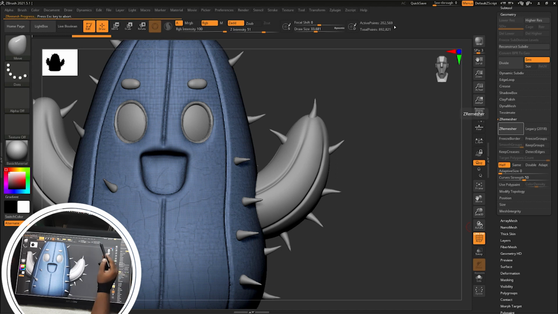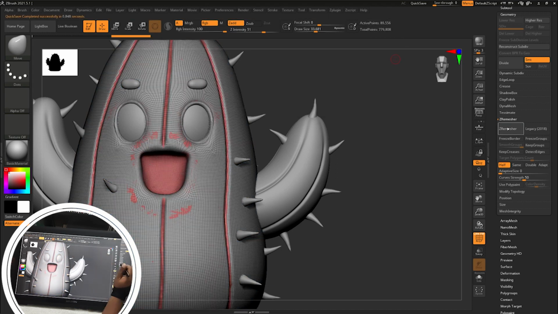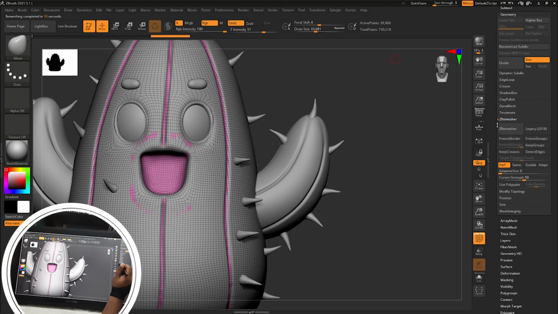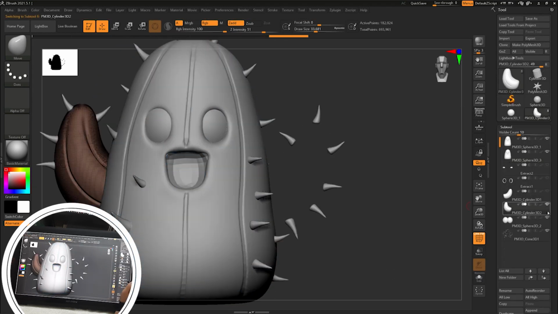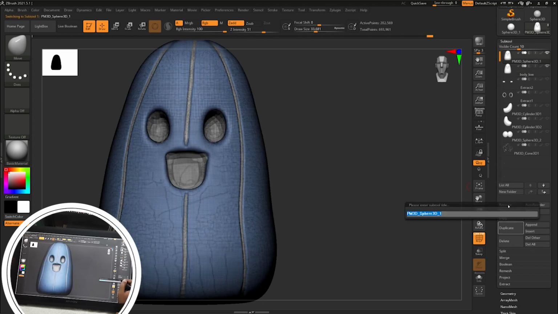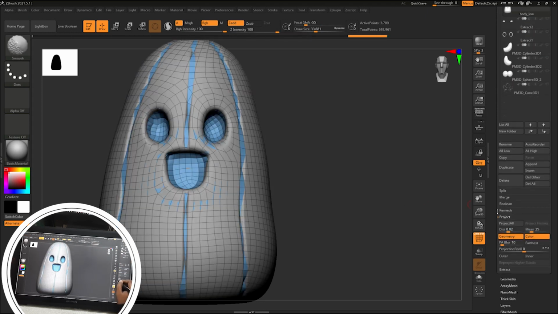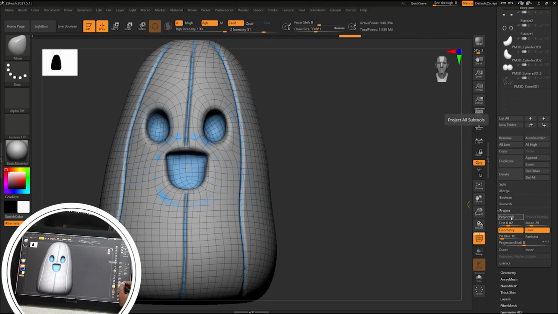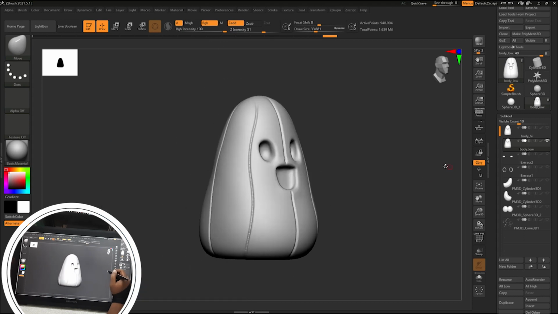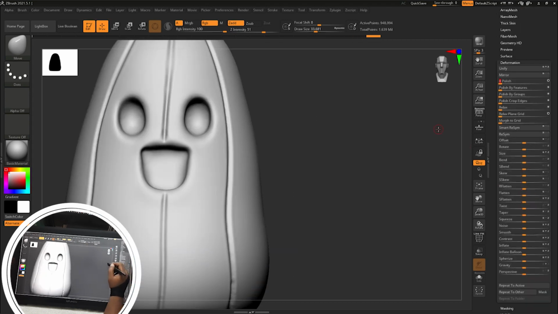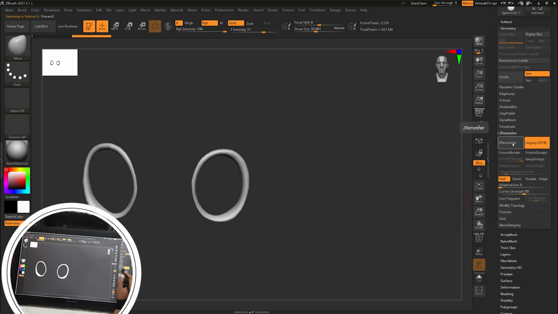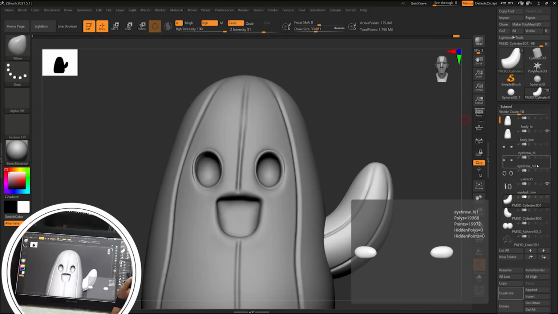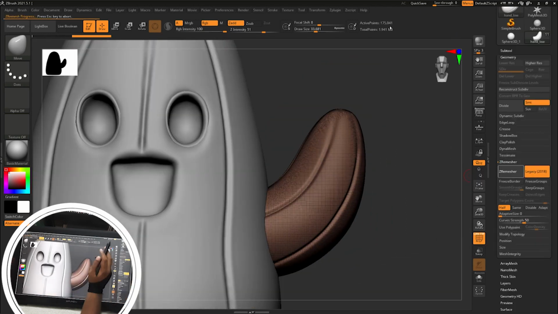Now remeshing the model, a simple trick. Go to the remesh option, turn off adapt and reduce the adapt size, and just click half and remesh two to three times until you get a decent mesh. Then isolate or turn off everything and just project the low res onto the high res. Then polish it, and similarly for all the parts, you can duplicate it, then just project it. Use the project button.